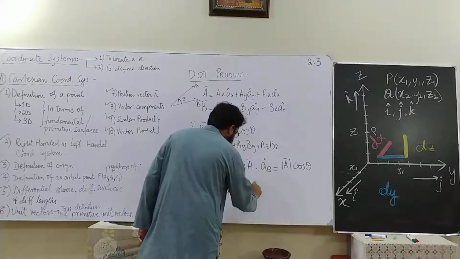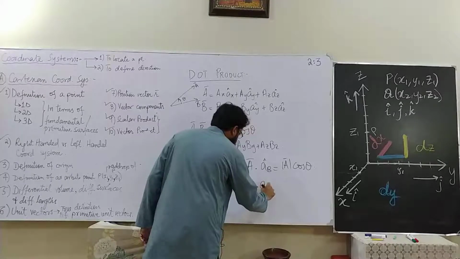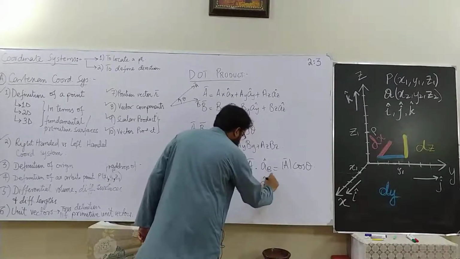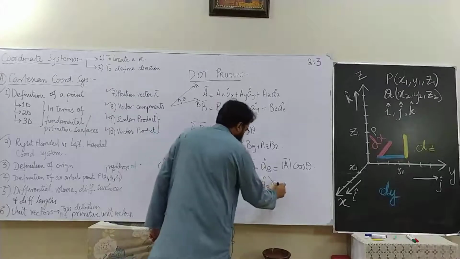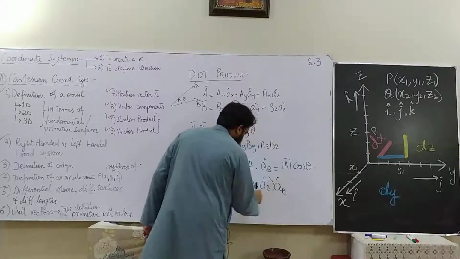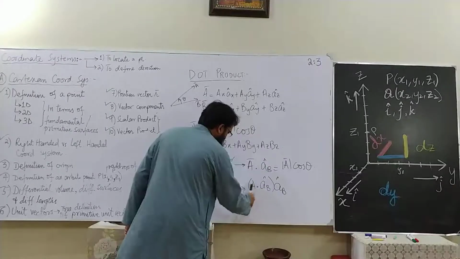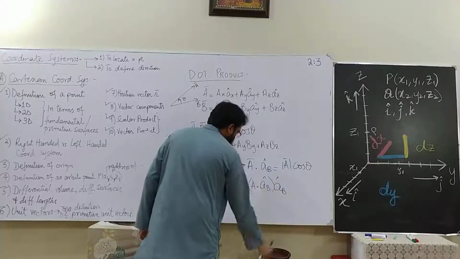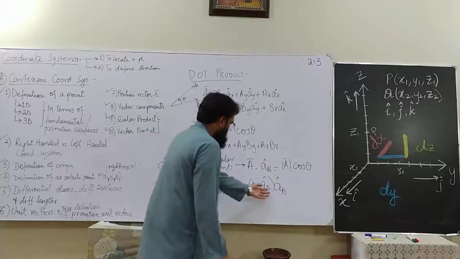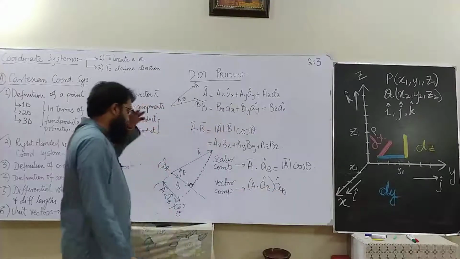It is not dot. It cannot be dot, because you cannot take dot between a scalar quantity and a vector quantity. The operation given in parenthesis will end up in a scalar quantity, so you have got only one option, to multiply it